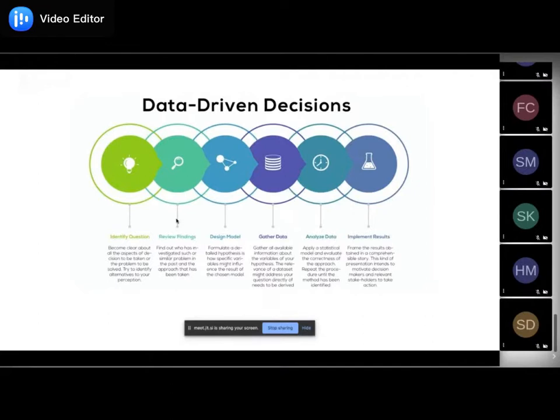That's how the research aspect of things works. We know that, okay, this is a problem. Now how do we find a solution to that problem? So identifying the question is very important. Review findings, design model, gather data. So what we do is that we look into a problem, and we see that, for example,